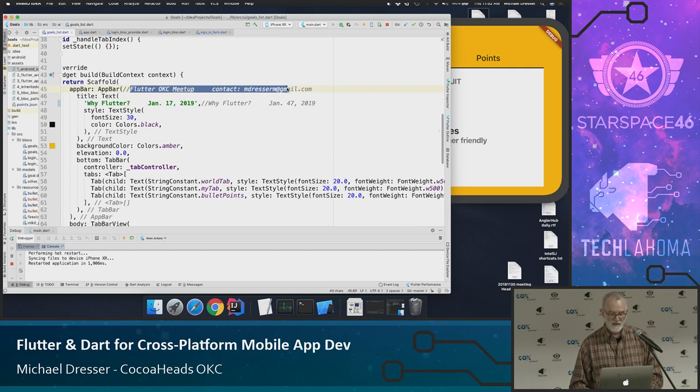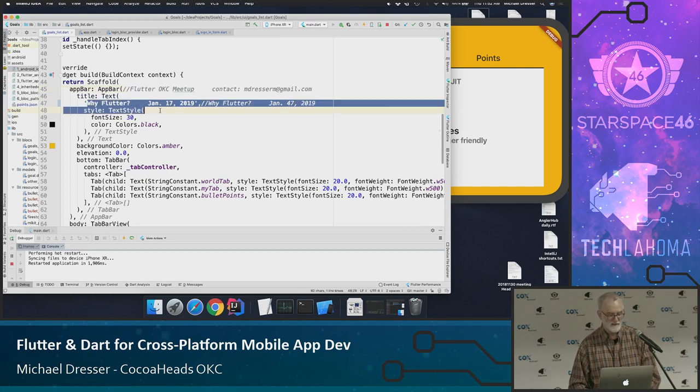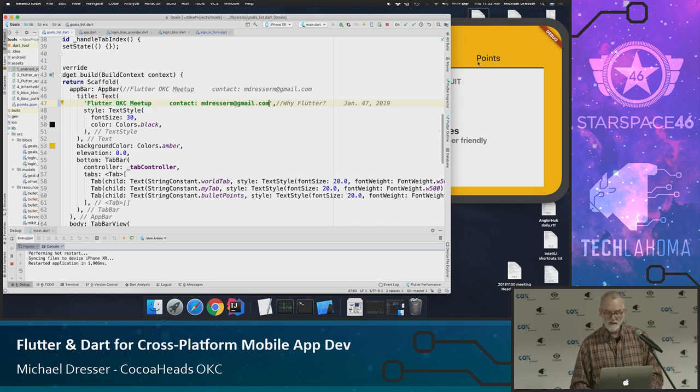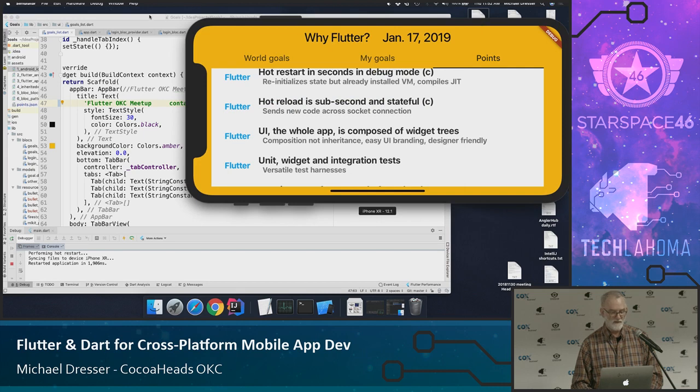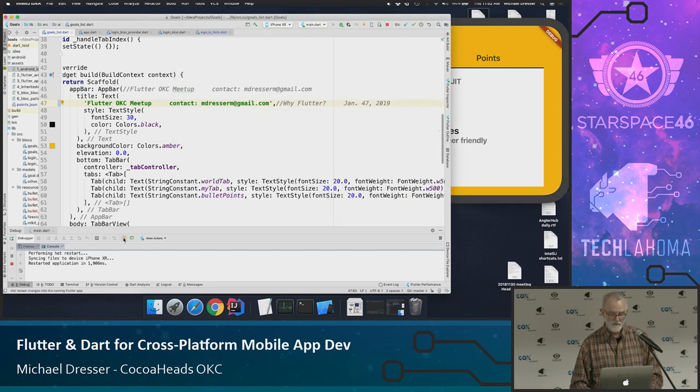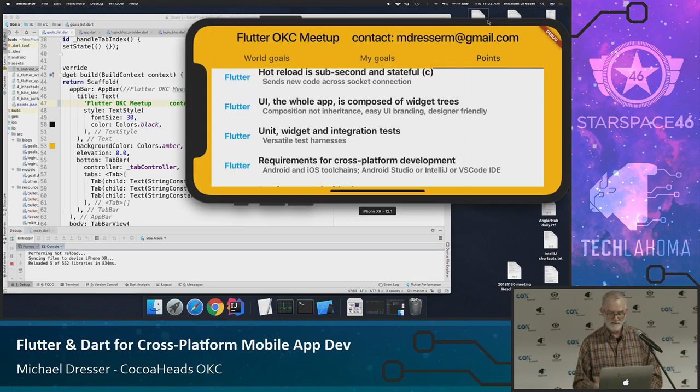So now I'm just going to change that text, just copy and paste something I'd already had. Okay, so that's there. Now if I hit the hot reload, by the time I get back, it's already done. Okay, so that took 800 milliseconds. So it's called stateful hot reload. And you can well imagine that if you're trying to develop a UI, then you can just really quickly tweak things, go back to the code, tweak, go back to the code, and do that.